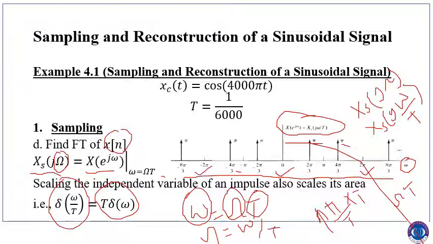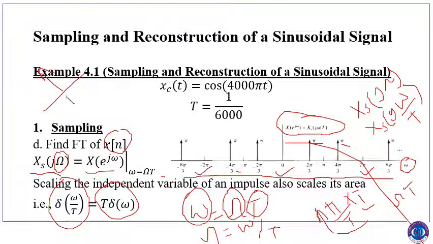So the only thing that you need to do in order to get the discrete time Fourier transform is to multiply the axis with t, and you need to scale the impulses. It means if this impulse is pi by t and you scale it with t, it will become pi. Okay, so previously the impulse was pi by t, so you have to scale it with t, because if we have impulse